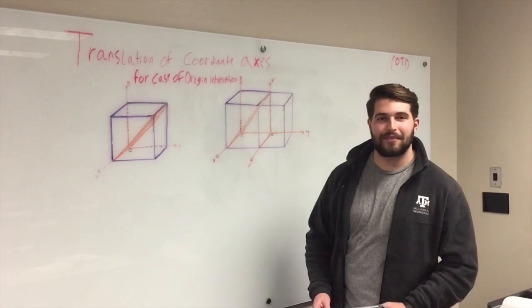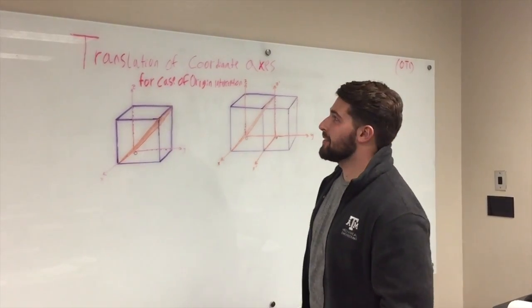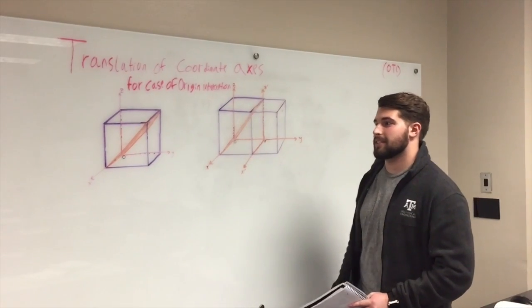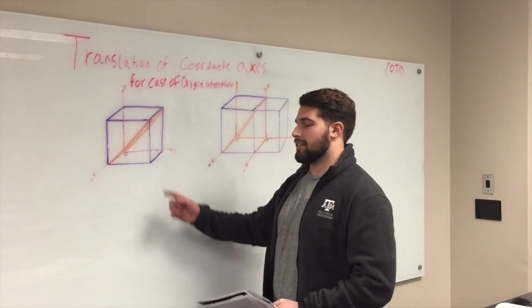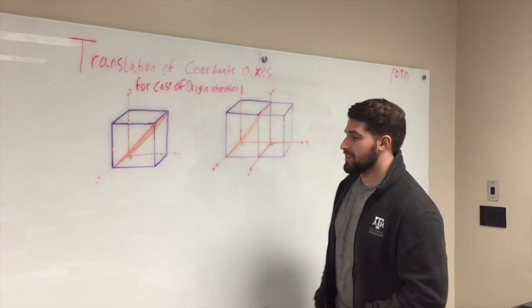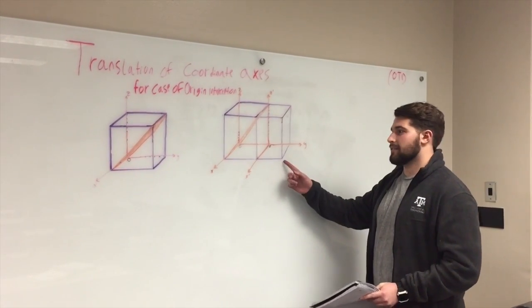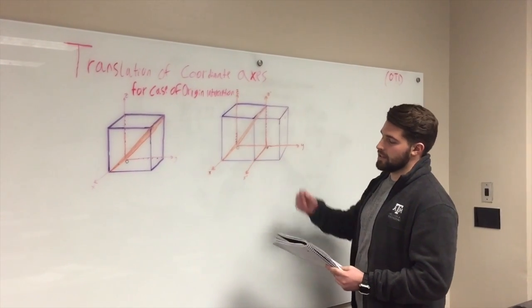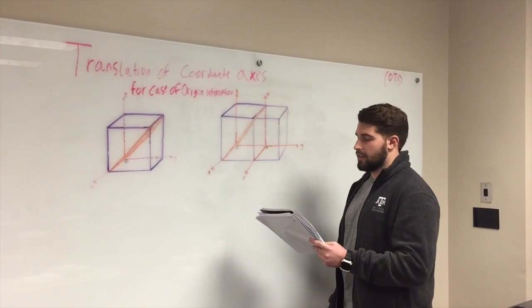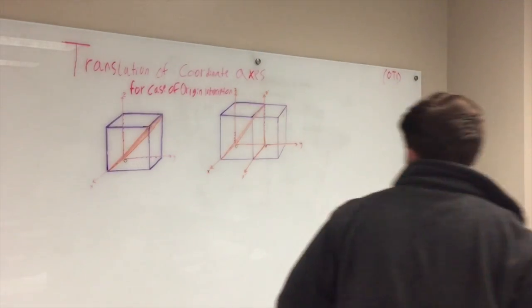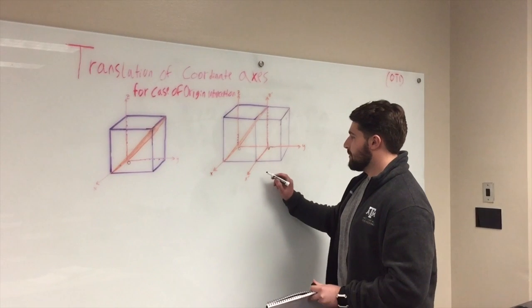Today I'll be talking about translation of coordinate axes for the case of origin interception. Given this unit cell, it is impossible to determine this plane's coordinates, which is why you must add an adjacent unit cell. In this case, this can be used to solve for the coordinate axis of the planes. And for this, you will then get